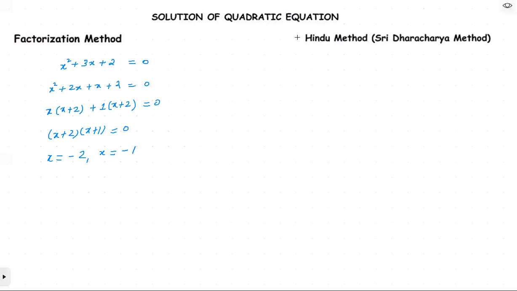Now this, the Hindu method, we also call the Sridharacharya method, which many people know by the name of the quadratic formula. Fine. We have already discovered this formula before, right? The quadratic formula is nothing but our own formula, the Sridharacharya method. So what we'll do is derive this by completing the square. So here we write, let us say, the quadratic function which is given to us as ax squared plus bx plus c. So we are taking a general quadratic function, right?